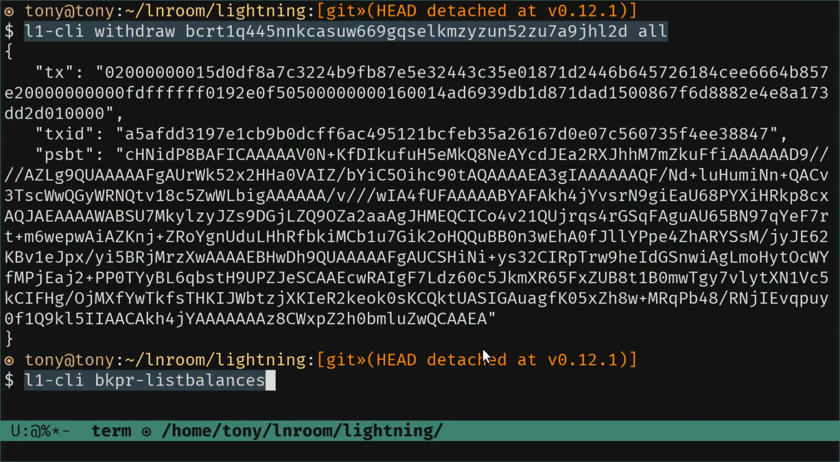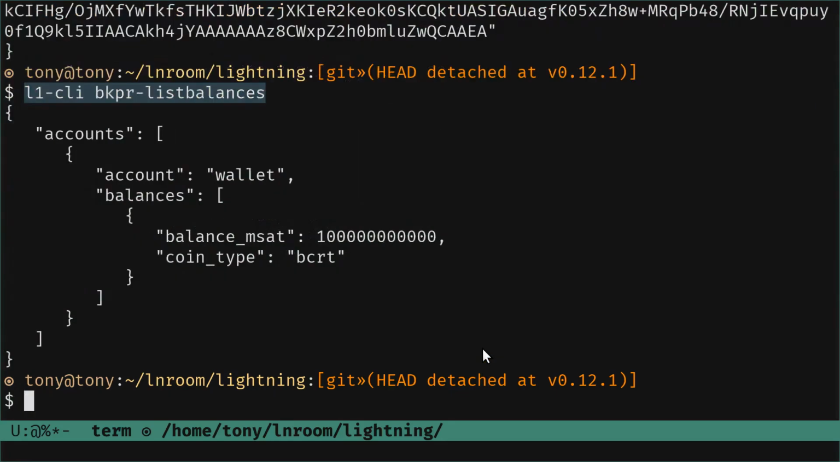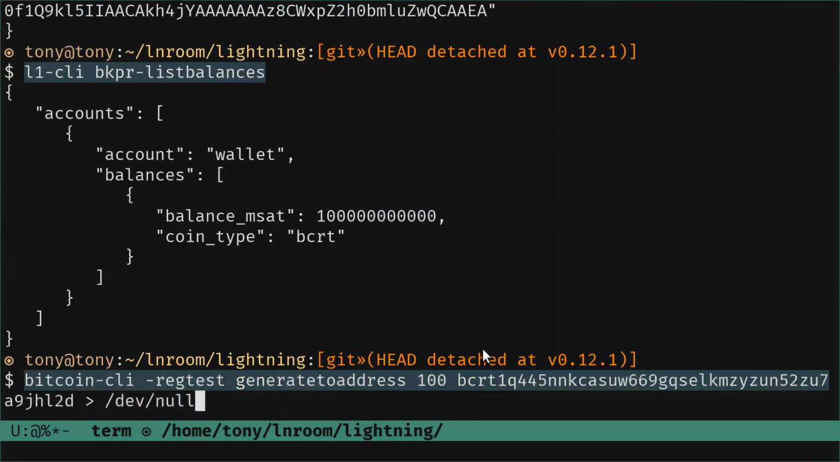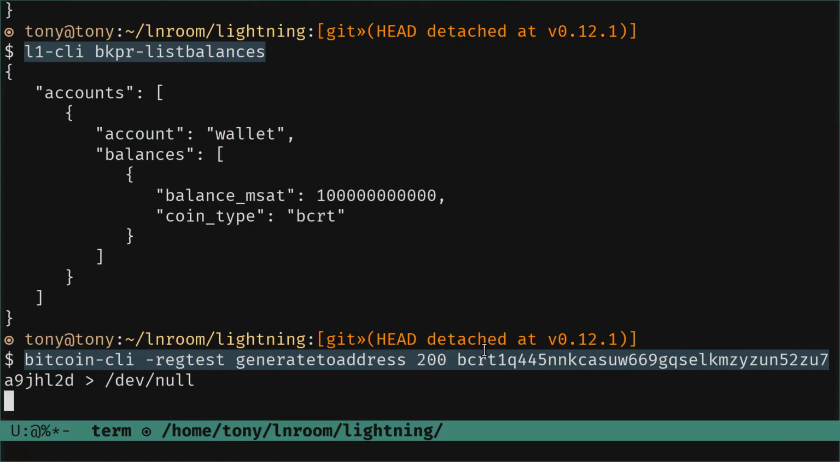If we look at the balances, nothing happened because, as we said before, we are running the chain manually. So we have to mine the block to make it happen. So let's go back, and we are going to mine 200 blocks directly. And while this command is running,